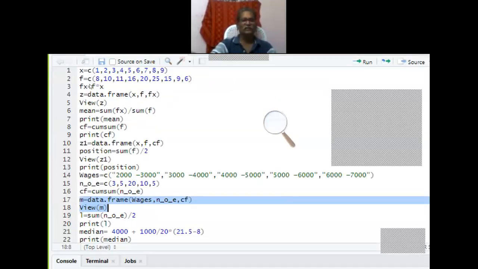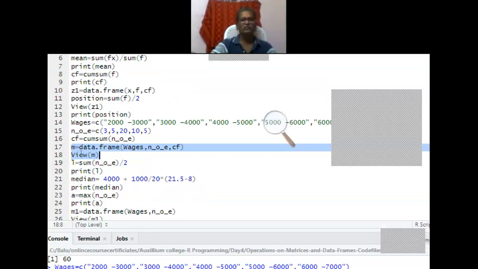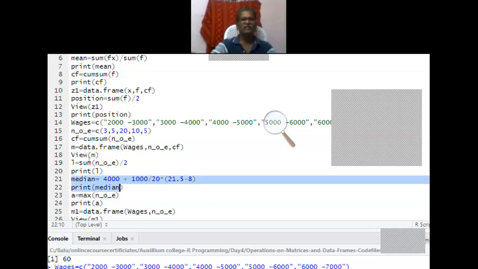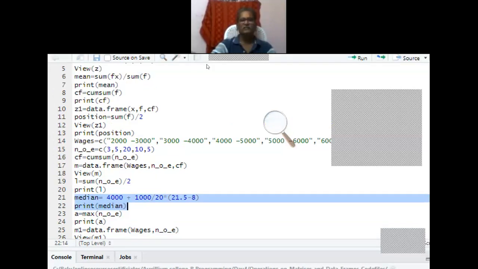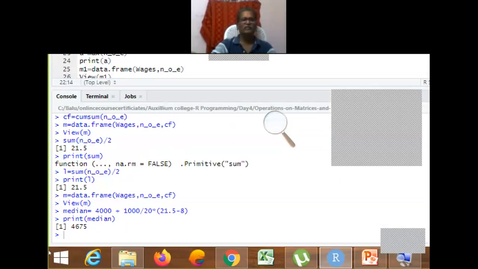So here you can see median is equal to lower limit plus width of the class interval by f frequency into n by 2 minus f. And if I give print median, once you run these two commands, you may be able to see the median. So print median gives 4,675.